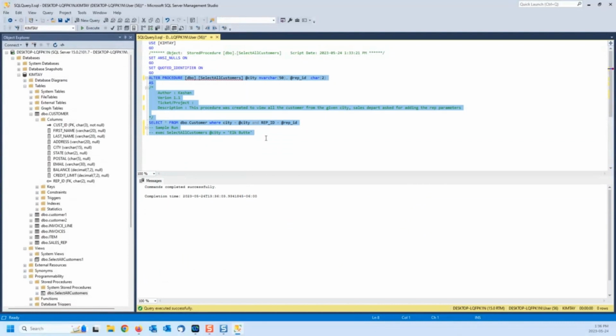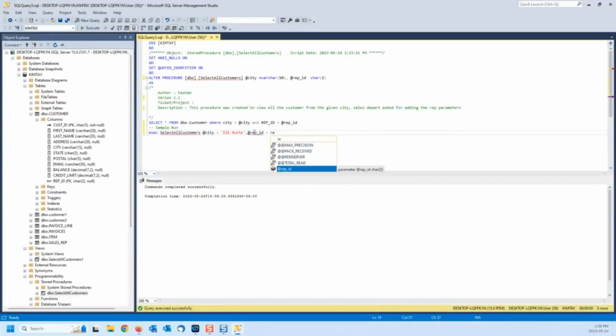You made this change. The procedure is now changed, but right now this run is not the most up-to-date run. So I will temporarily change this, and I can just say run it, and I'll say @. Sorry, I think I have to put a comma. Yeah, @rep_ID is equal to this rep ID. I'm going to just say I want to see 05, and I think there is no rep in 05, so I'll just call it by just looking at the data. So now if I run this one,